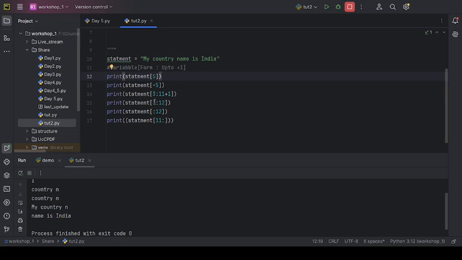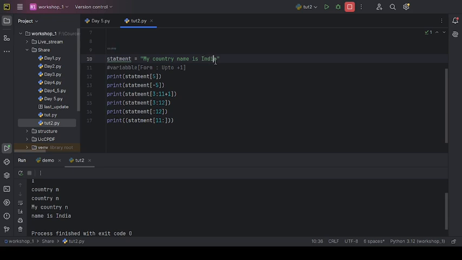So what is the range of particular index? From 3 to 12, and here from 0 to 12. Then in the last statement, the range of index is from 11 to infinite, or you can say till the end.